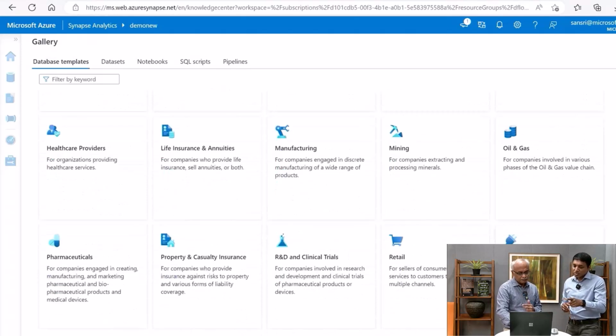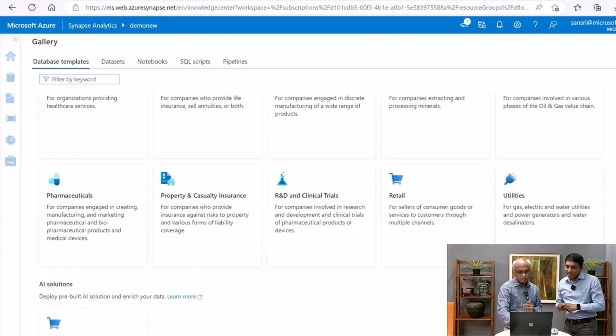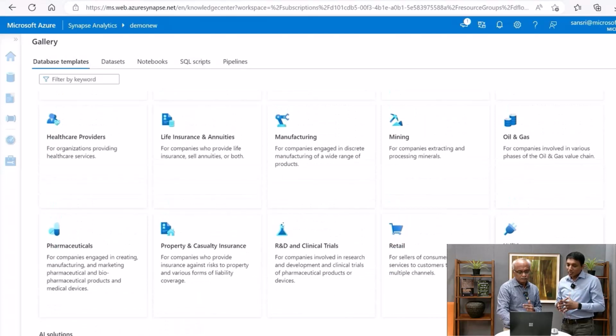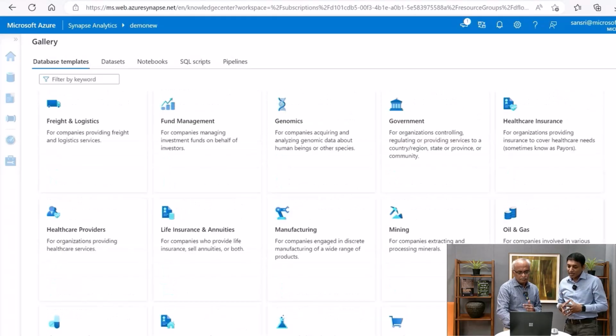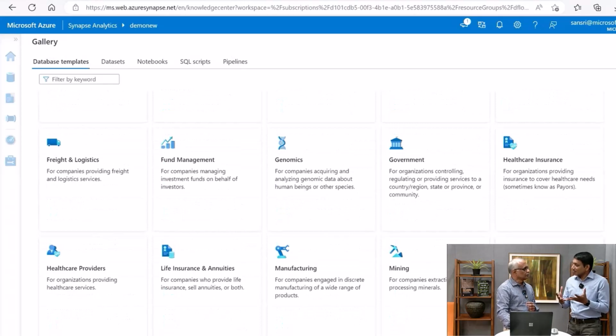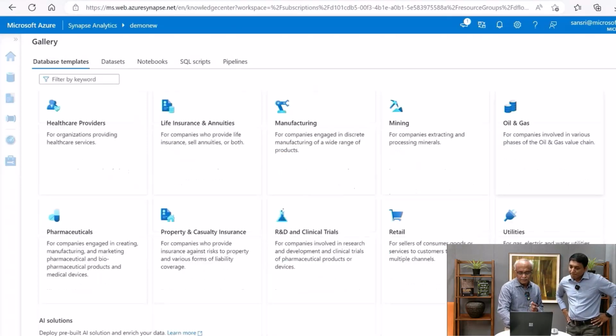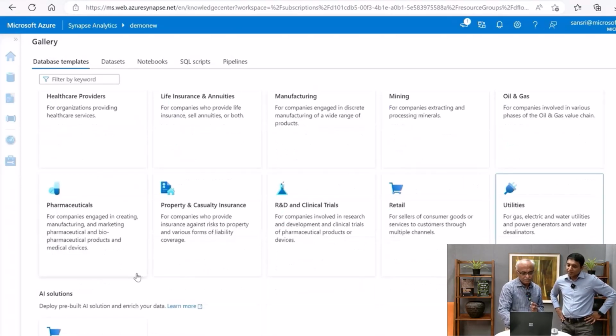So this is quite exhaustive content. I see pharmaceutical, I see retail, utilities, automobile, life insurance. This is pretty cool actually. And I think for a business looking at which domain they are in, it's easy to spin off something like this. Exactly, yes. For example, let me pick up this example of utilities,